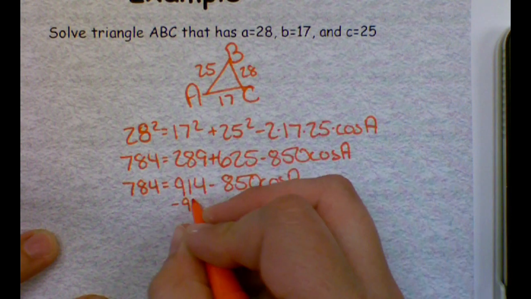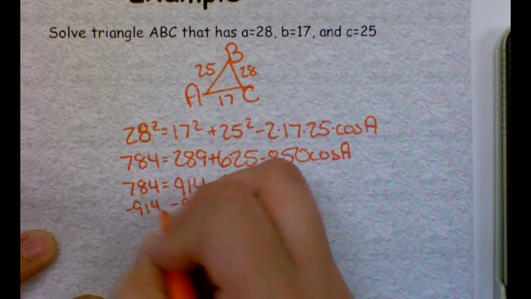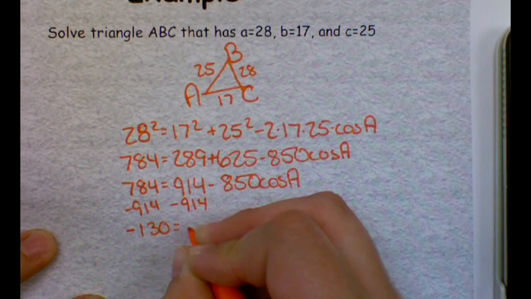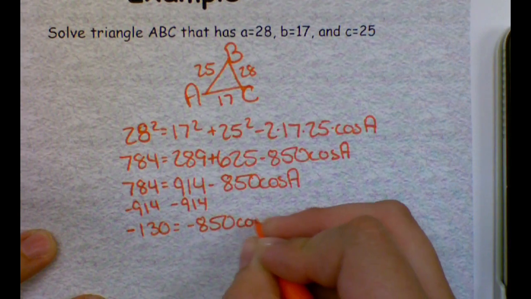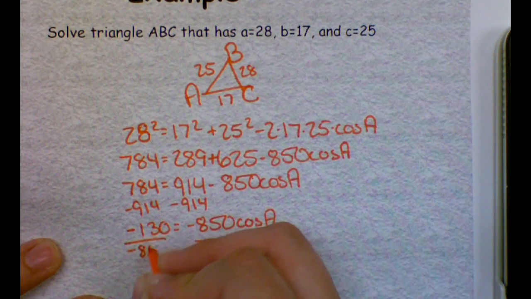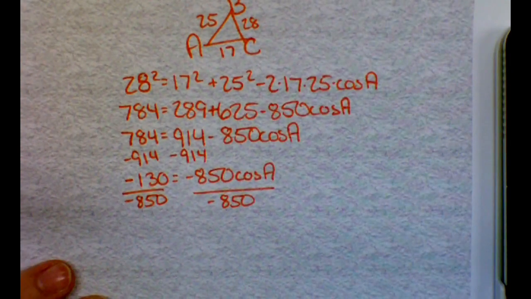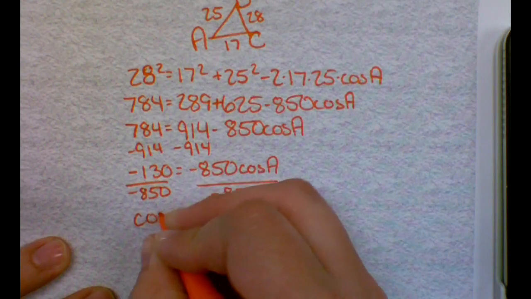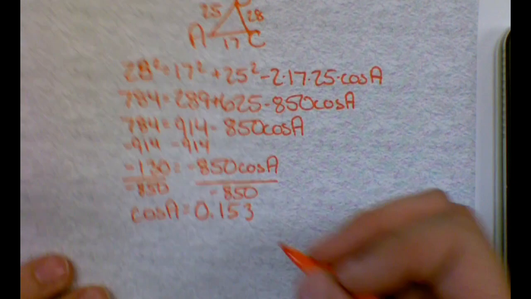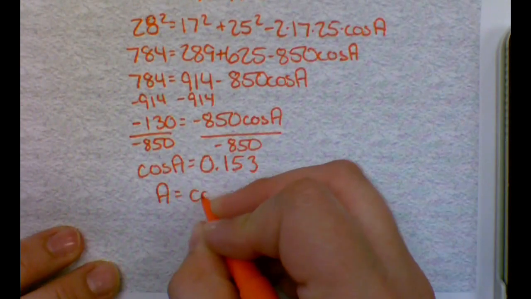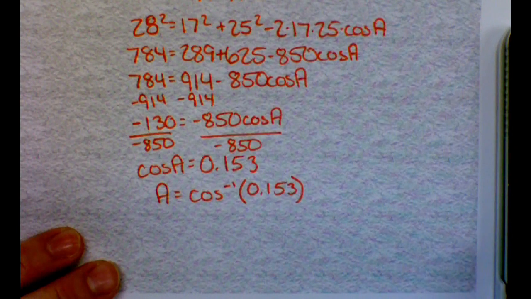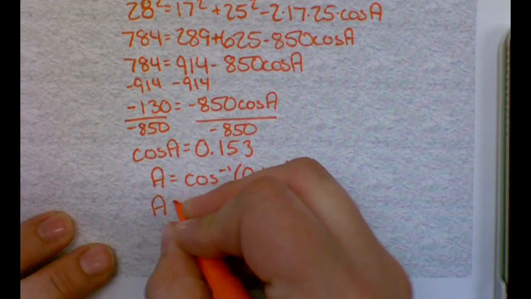I will subtract the 914 to the other side. I'll divide by negative 850. So now the cosine of angle A is about 0.153. So to get angle A, I will do cosine inverse of that value. So angle A is approximately